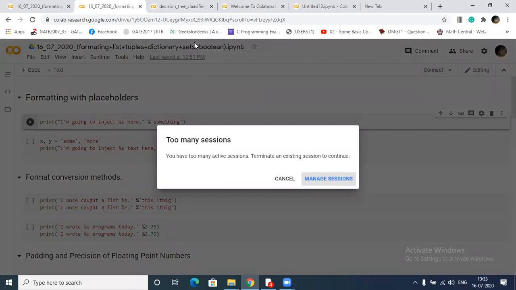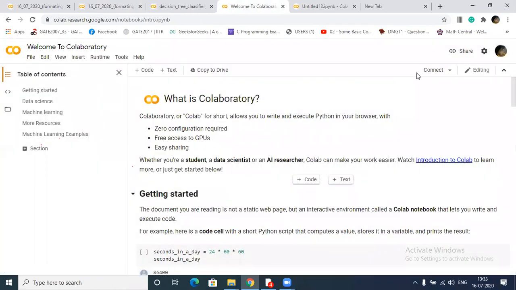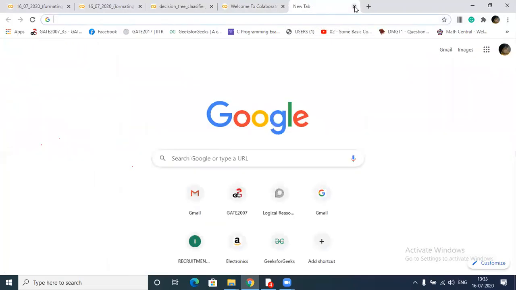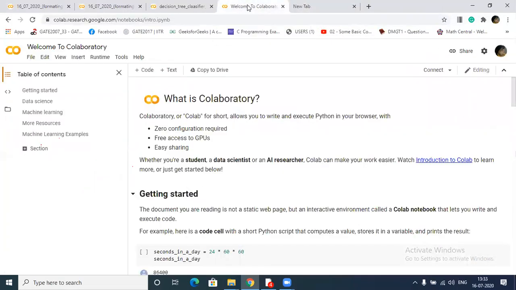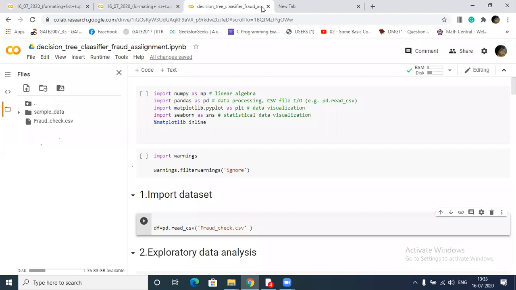You have too many active sessions, that's why it's not connecting. It's not connected, and I should cross it. No need to. This is also not needed. Yeah, this we need.